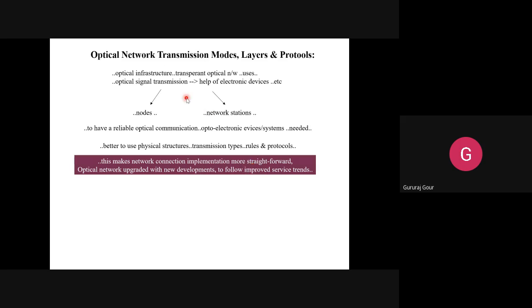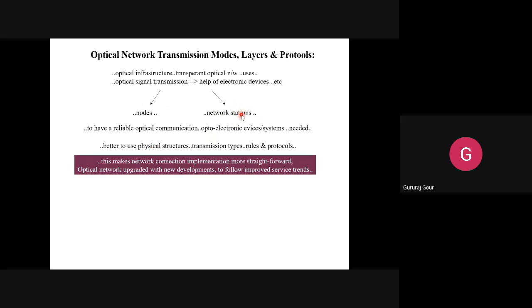To continue with this, the optical network transmission modes, layers and protocols. Normally, the optical infrastructure includes a transparent optical network, which uses optical signal transmission, including nodes and stations. Nodes are normally those to which the users are connected, and multiple nodes are interconnected with the help of optical links, and multiple networks are interconnected with the help of the stations.